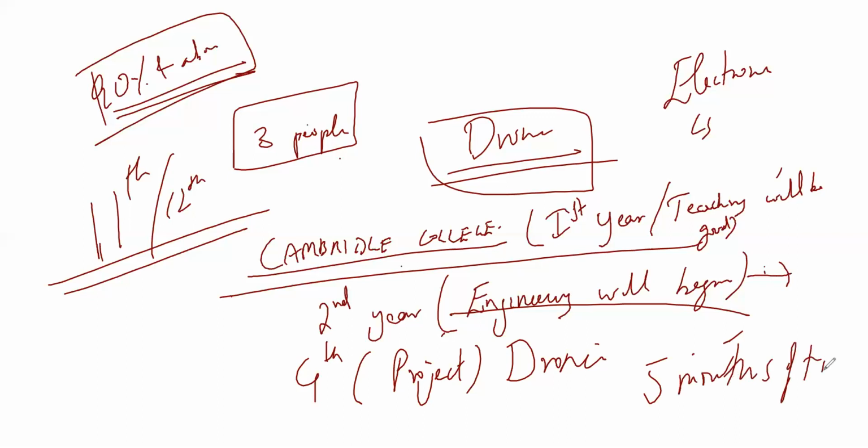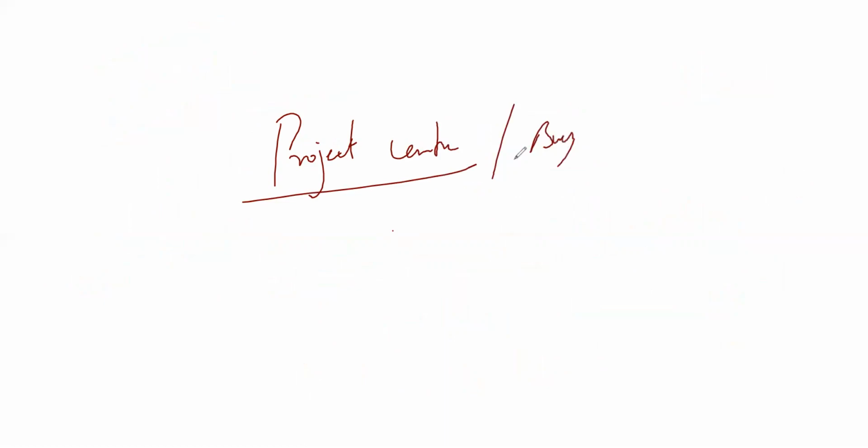So what will we do for this? We'll go to a project center or we'll try to buy it. We'll give money and we will buy it. Because time is only 5 months. I have to make the PPT, I have to make the thesis, I have to make the presentation, everything I have to make. And I have to give this within 3 to 4 months of time. You got the point.